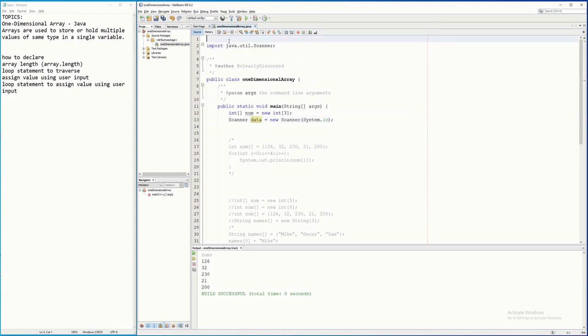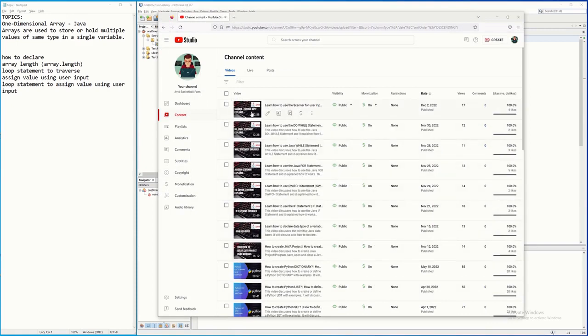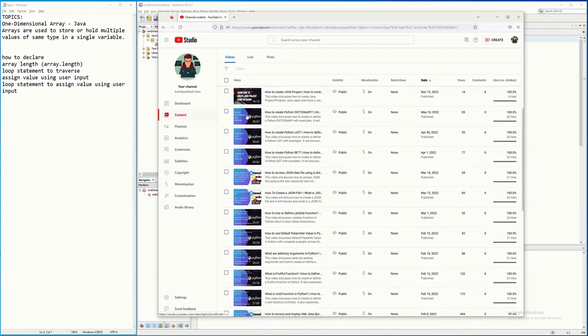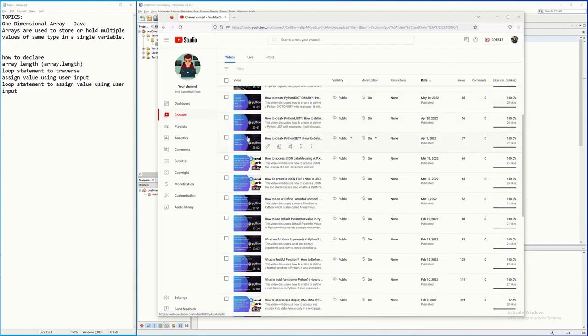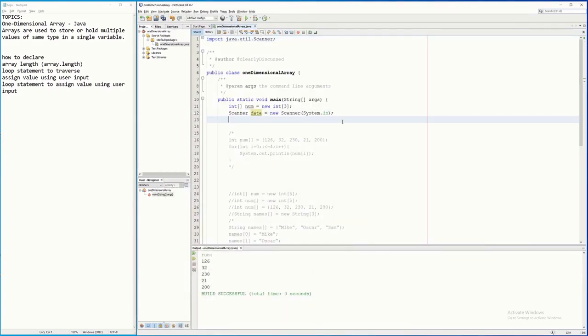I also have a video about the scanner that discusses how to use the scanner and what a scanner is. So somewhere here. So here it is. This channel is dedicated to programming or coding. I also have other videos about Python and about XML. More videos will come for different languages. And so if we continue now,